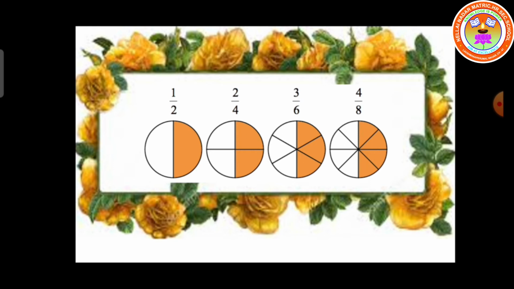Yes. And moreover, if you cancel this fraction, that is 2 by 4, we will get the value 1 by 2. That is 2 ones are 2, 2 twos are 4. And cancel 3 by 6, 3 ones are 3, 3 twos are 6. Cancel 4 by 8, 4 ones are 4, 4 twos are 8. At last, we will get the answer, half of the circle is shaded. So we can say these fractions are equivalent fractions. Though the numbers may look different, we are getting the same value. Is it clear, students? Yes.